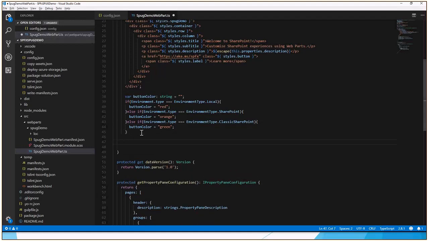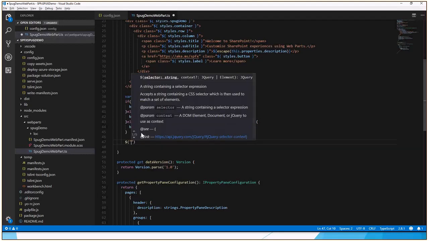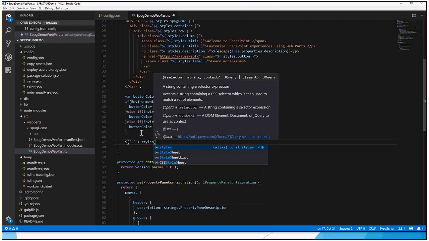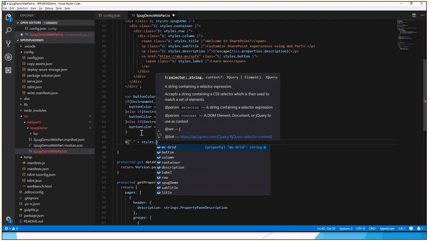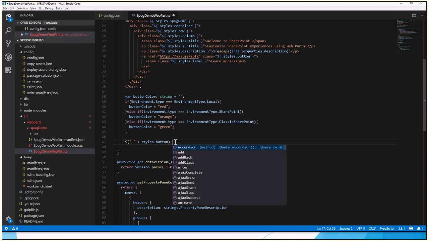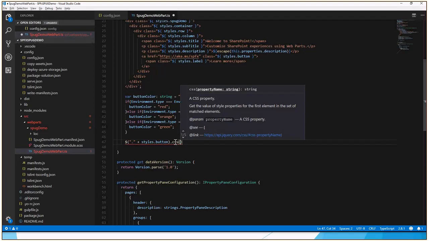And then we're going to go back and actually do what we set out to do here. Oh, look at that. As soon as I hit $, it immediately knows I'm in jQuery now. So I'm going to do $dot, and remember my styles, that CSS page, but remember it gets that weird code appended to it, so it's important that we reference it the right way. And we'll do button. We're going to select our button on the page, and we're going to do CSS, and we'll do